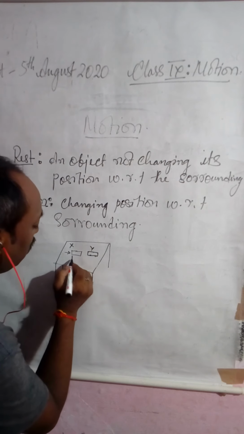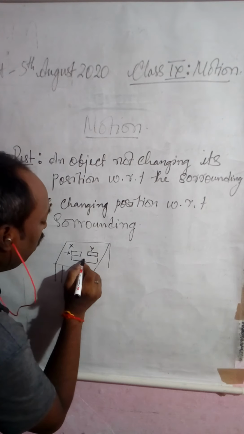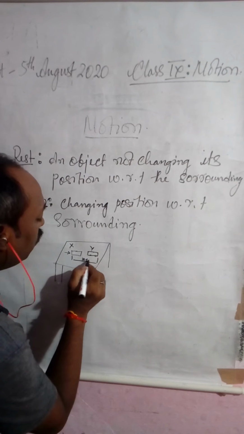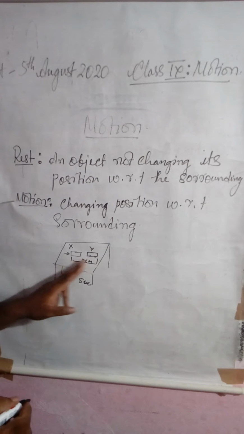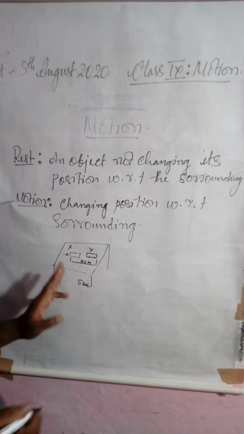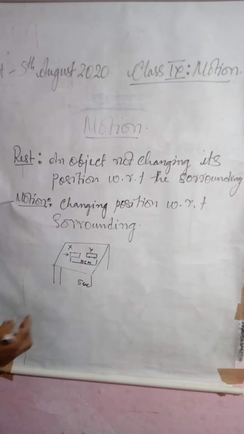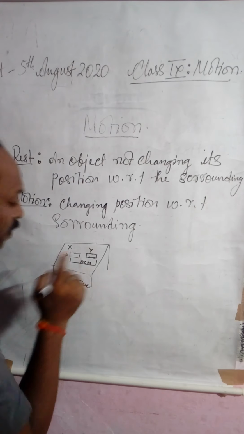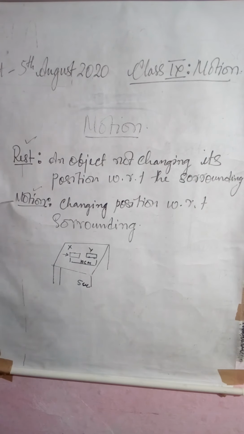So now you will find a few things over here, that there is a change in the position. Suppose 10 centimeters has been moved with respect to time of 5 seconds, so the change in the position of the object is 10 centimeters. This simply means that the object is moving. In the previous case, the duster was not moving with respect to the surrounding. Now it is moving with respect to the surrounding. So both these terms, rest and motion, must be known to you.